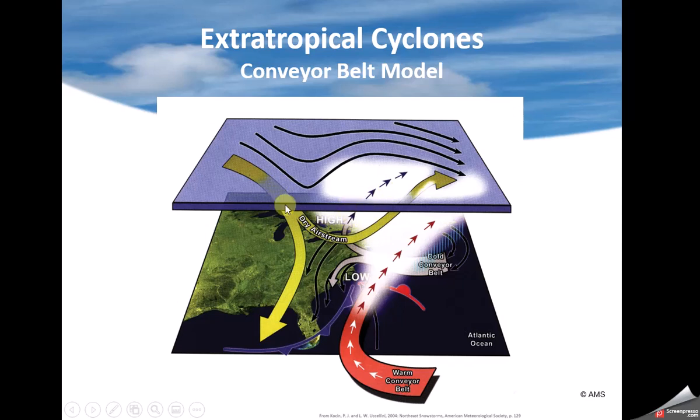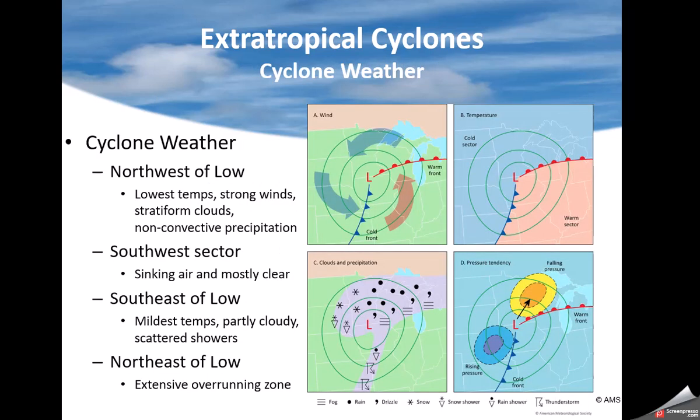And you have the dry, cold air coming down behind it. Dry air sinks behind this low also. And that sinking motion can cause a dry slot, which may end the precipitation early. So this is all looking at different ways of looking at the same thing we just looked at in the Norwegian cyclone model. And here you can see the different sectors of a low, different kinds of precipitation.